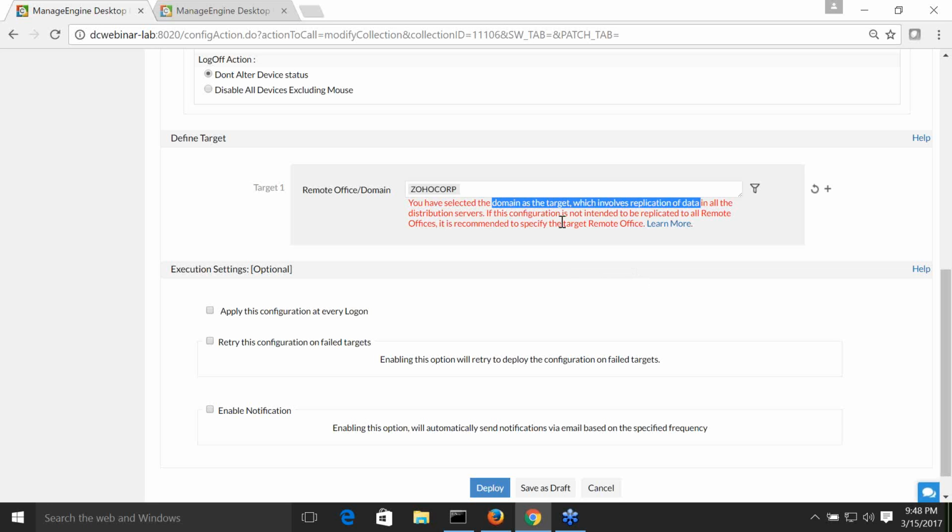This is going to be common for any kind of configuration which is defined with the target as your domain, whether it's software or patches or scripts. So it will get replicated to the distribution server accordingly. Well, so when I choose this domain completely, all the machines in my network are going to be completely blocked. Nobody can use this